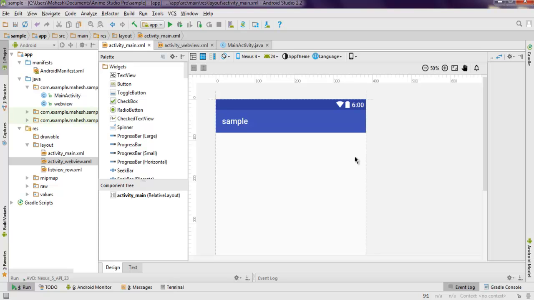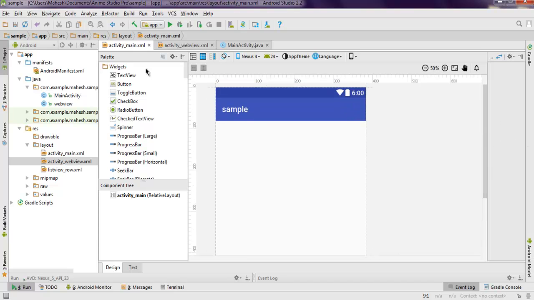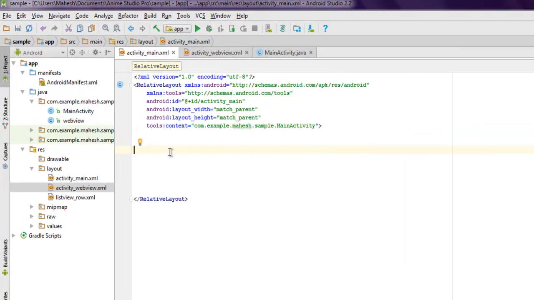Hi there. So in this video, I'm going to show you how to pass data in between two activities. So first create one blank activity project. Once you create that, you have your display something like this. Okay. So go with the activity underscore main, which has a text view, and inside your current layout, add one more layout, and